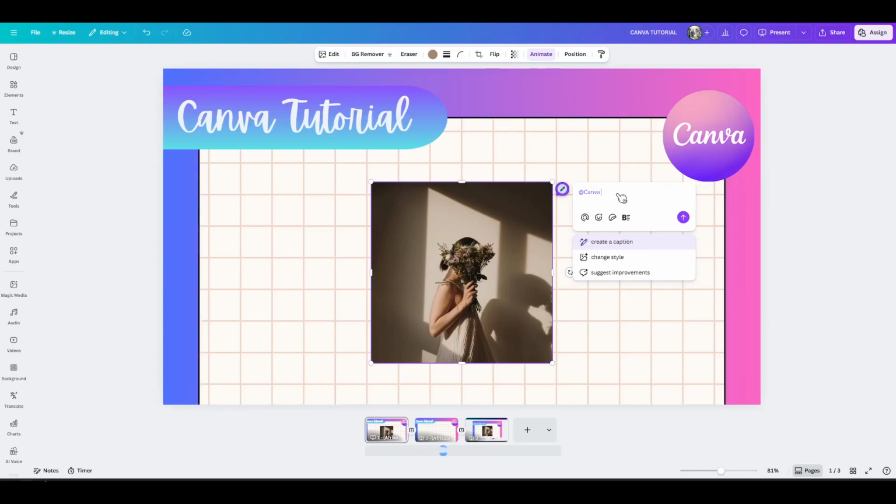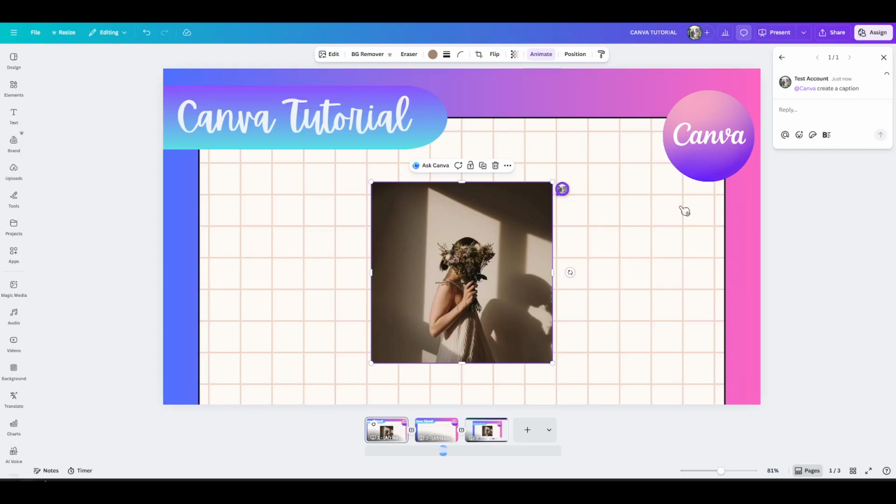You can choose options like create a caption, change style, or ask for suggestions of improvements. Create a caption is perfect when you want short, punchy text for the selected element, like a headline, subheading, or a catchy line for an image. If you use it on a text box, Ask Canva will consider what's selected and help you craft something that